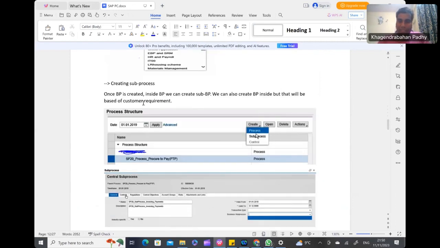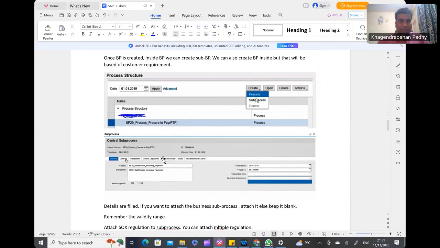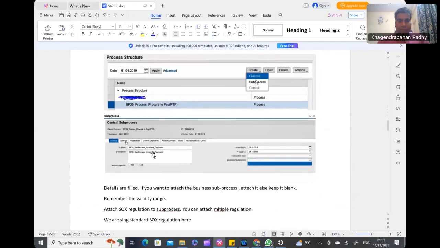Okay, now I have to create a subprocess. Subprocess is also always inside a process because it's a subset of process. Now subprocess, there are three mandatory fields. What is that? Three: name, description, and the control. Name, this is